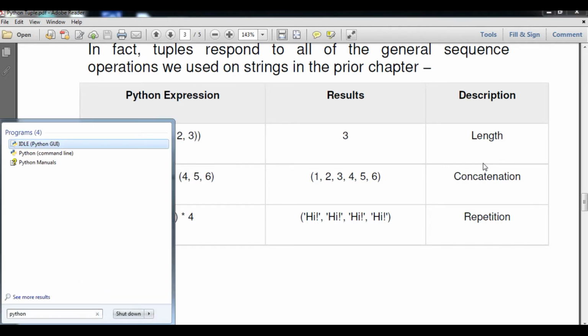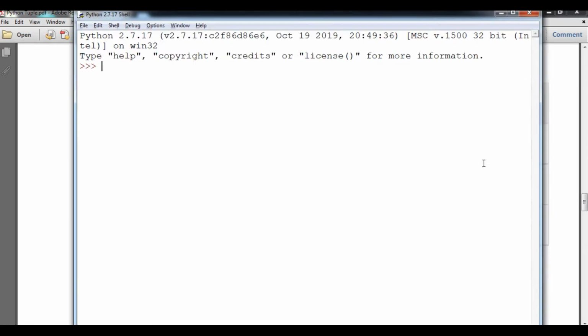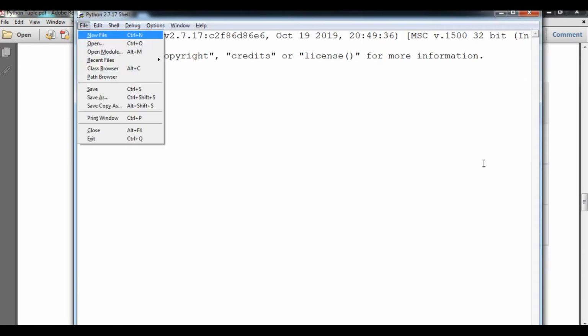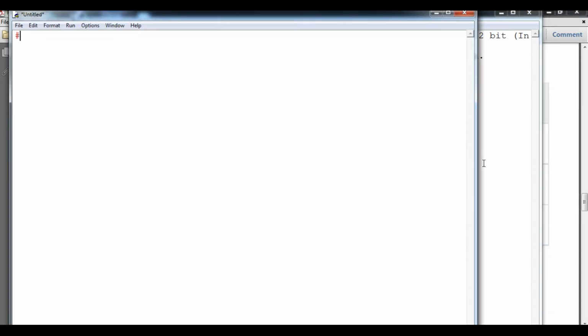To do that practically, we have to open our Python IDLE, and then I will open a new file. So here I will simply say a program for tuple operation, or we can say basic operation. Okay, so now suppose that we have considered a tuple, tup1, within round bracket. We can create a tuple by any method, but I'm using round brackets only.